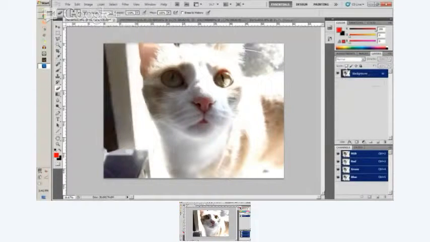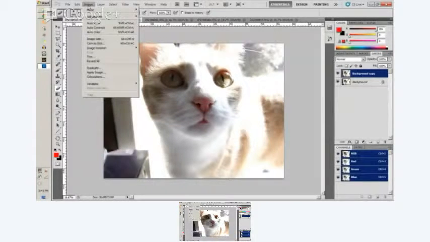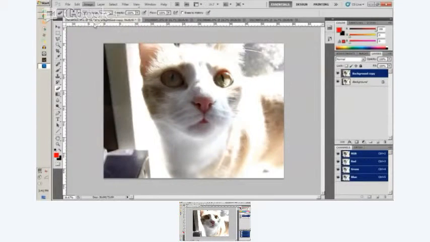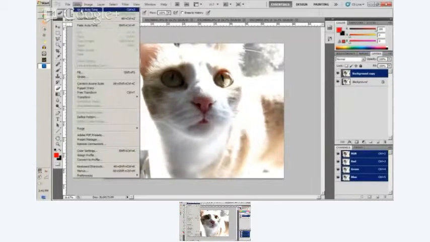Now, an important thing to remember is that since this is now the bottom layer, there's a lock icon on it. So if you want to save where you are and move on from there, make a copy of it, and then we can get started with the rest of the color balance and things like that. I think this picture is still lacking a little bit, so let me try auto tone. I don't know if I like the way that did it, so I'm just going to undo auto tone,